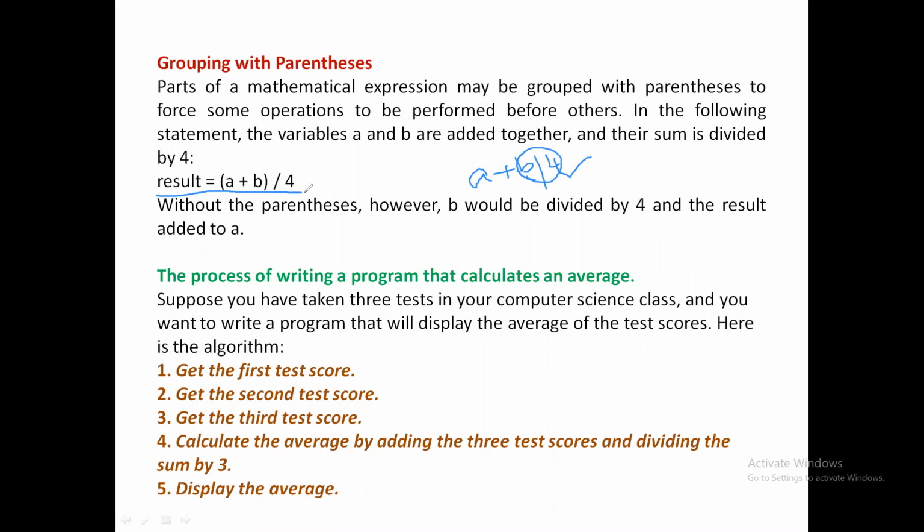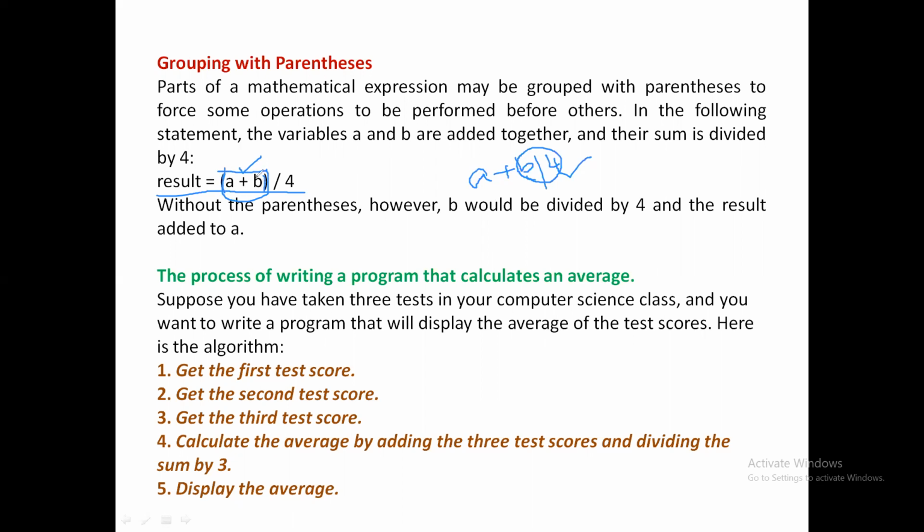So if you write result is equal to (a plus b) by 4, now even though division has the highest precedence, because we use these parentheses, and parenthesis has the highest precedence compared to division, this addition operation will be performed first. Even though division has higher precedence compared to plus, plus is evaluated first because parenthesis is used here. So parentheses are used to disrupt the actual precedence levels of operations used in mathematical expressions.